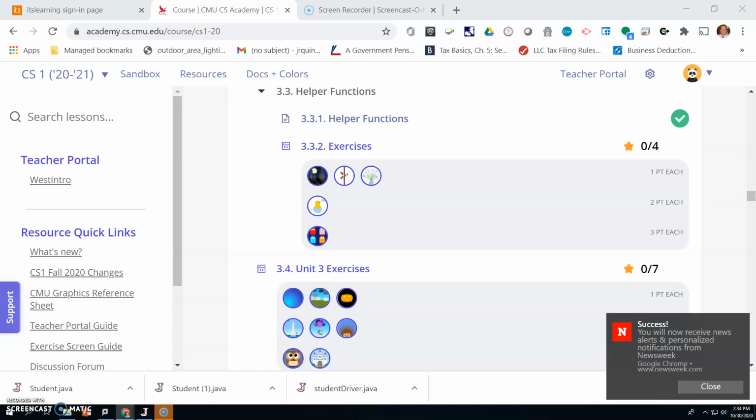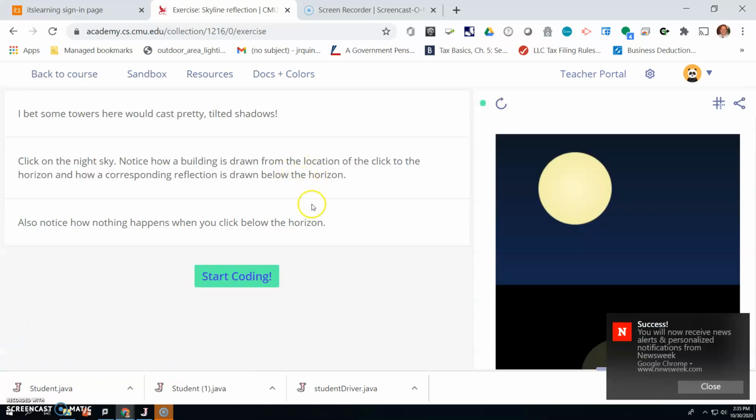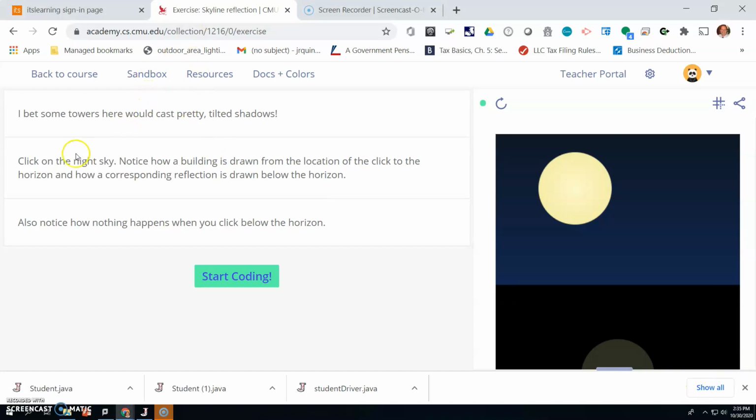Hi, in this video we're going to step through some of the exercises in Unit 3.3. The first exercise is the skyline reflection, and when this comes up we have some things to read. If I click around here, it tells me that if I click on the lower part of the screen